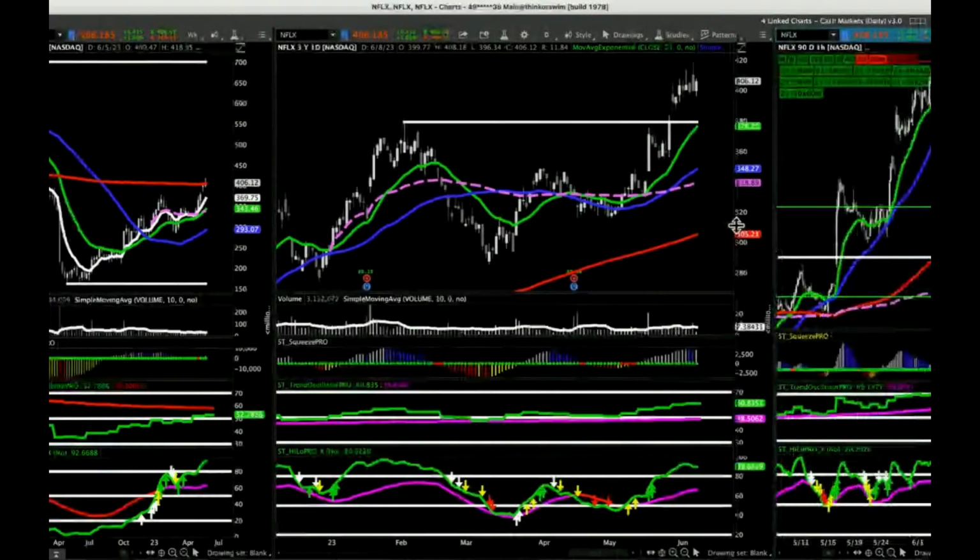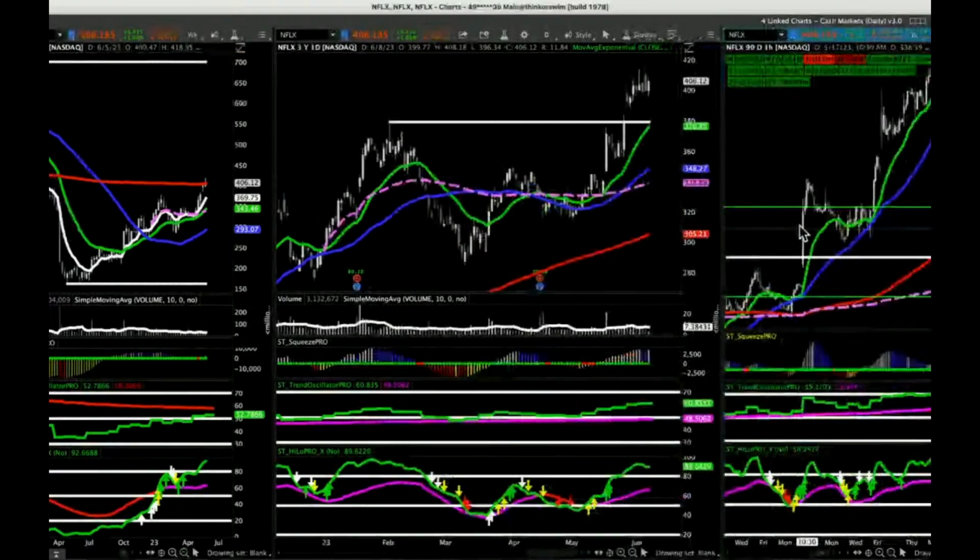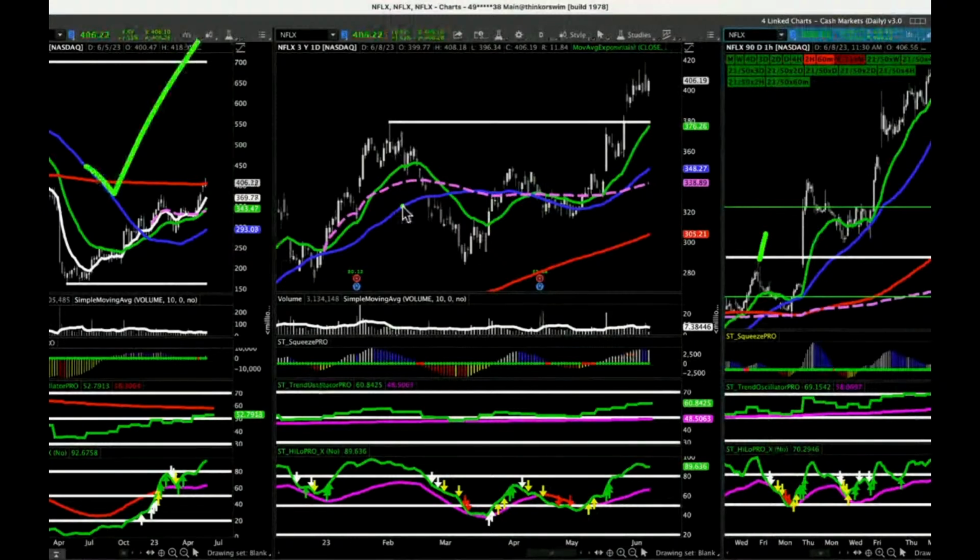And let me make this a little bit bigger. The last time that this came up was right here, and folks were asking about this pullback right there. And I said, we went through the process and we said, okay, the weekly is good enough to buy. The daily is good enough to buy. The hourly, however, is not good enough to buy. But you see how when we looked at it right here,